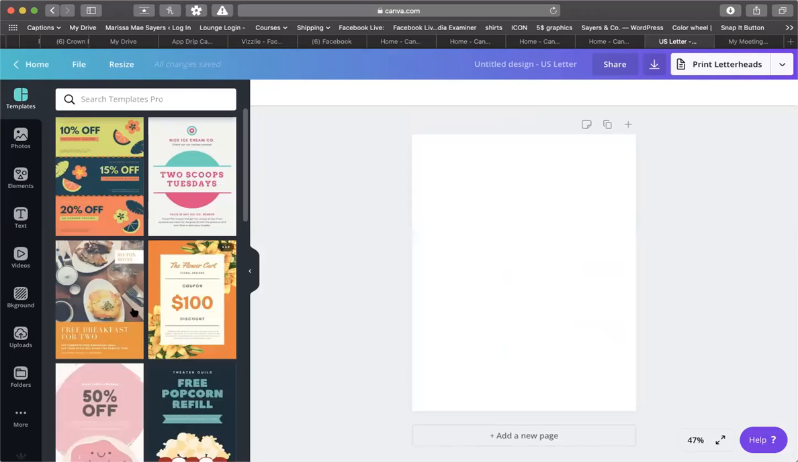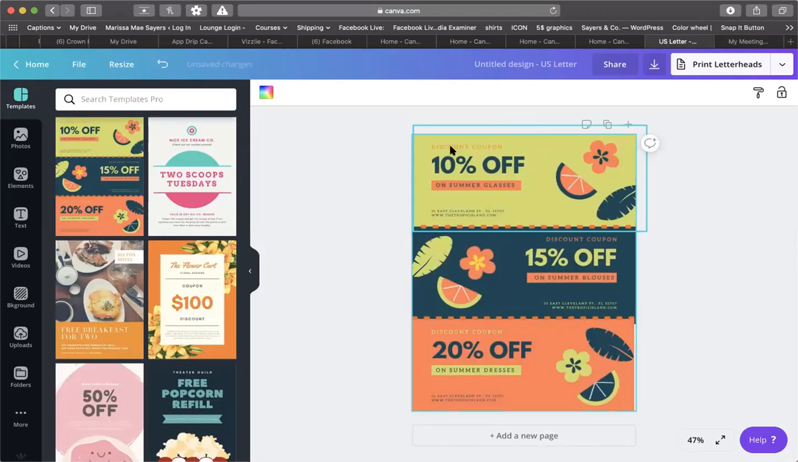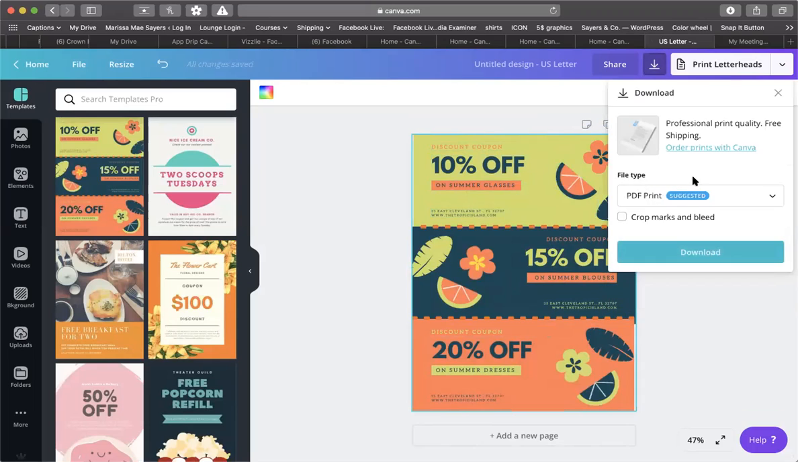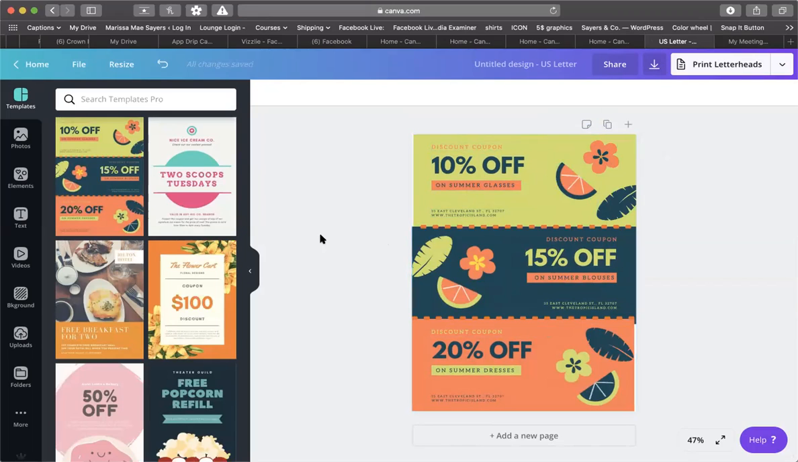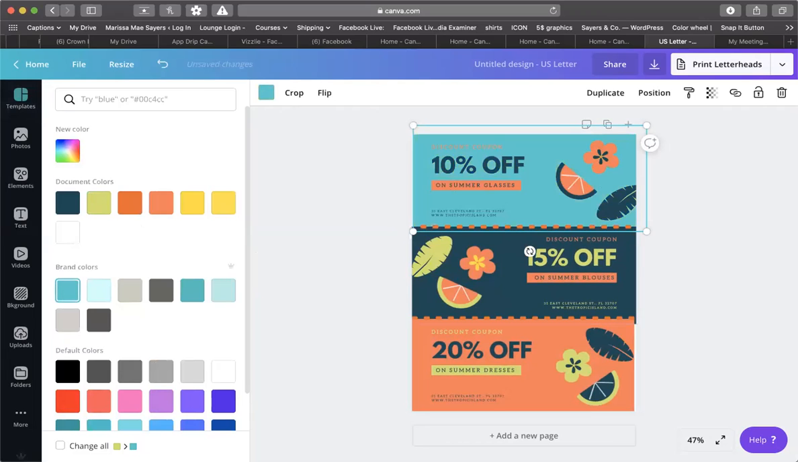This is great for sending your customers, just adding a little thing. You can print it off on an 8.5 by 11 and then cut it. So here's literally 3 coupons. You can download it as a PDF. And if you don't have printing, you actually can order your prints directly through Canva. So you can create crop marks and bleed so that you're not going to be cutting off the wrong part of your coupons and paper. You can come in here and you can create 3 different gift certificates, and they could be different, they could be the same, whatever. Again, you can come here and you can change all of the colors in a single